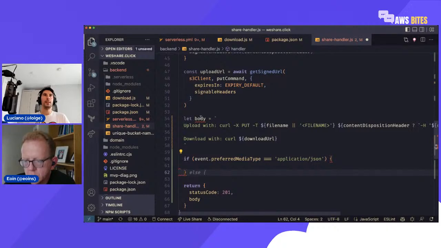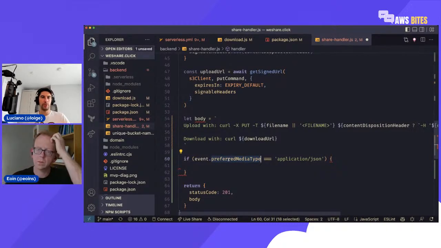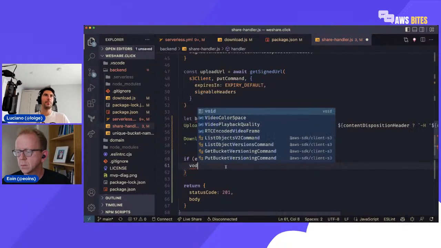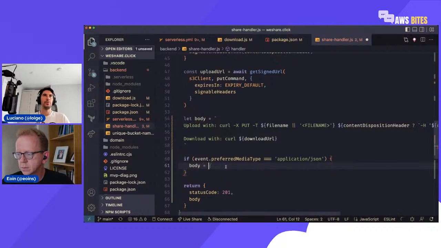So this is basically a default case. Here we are saying preferredMediaType is something that is coming from the middleware. The middleware is creating this additional property on the original event object, and it's telling us, I did all the content negotiation, and this is the preference of the user based on what the server actually supports. So at this point, what we know is that the body can be reset to